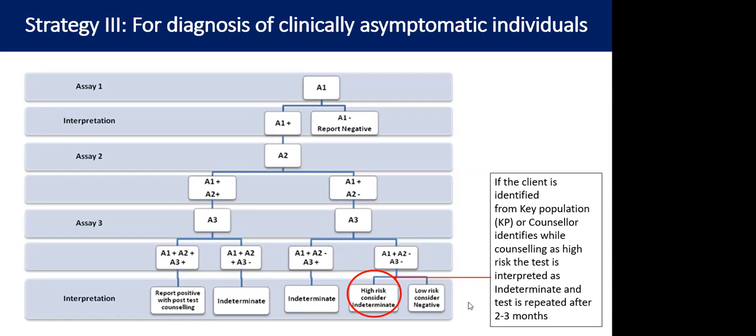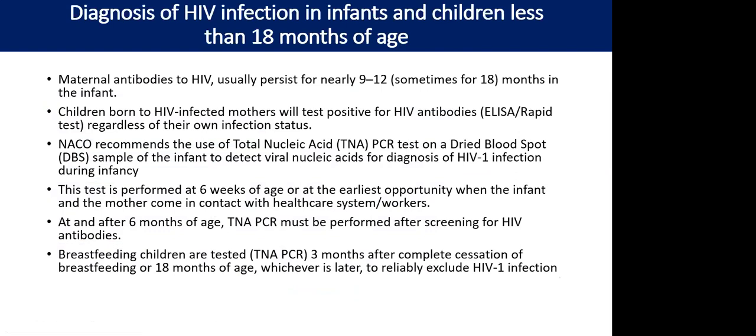Next slide, please. So we have already discussed the infants and children less than 18 months. There, the maternal antibodies, particularly of the IgG class, are passively transferred across the placenta and can persist up to 9 to 12 months, and sometimes up to 18 months. So children born to HIV positive mothers will test positive for HIV antibodies, whether you use an ELISA or a rapid test, whatever the test, regardless of their true infection status. So NACO recommends the use of the total nucleic acid test, the PCR, which, as I said earlier, is done